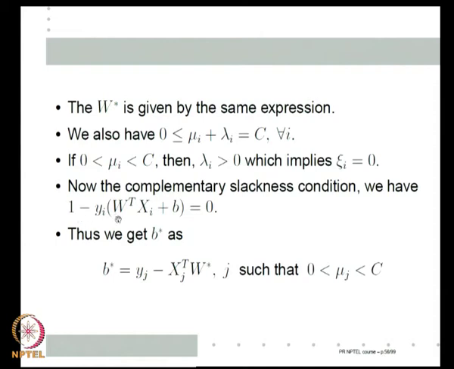Now, with the slack variable formulation, I have to look at those Xj for whom the corresponding Lagrange multipliers are not stuck at either end. They are neither stuck at 0 nor stuck at C. Those mu's correspond to Xj which satisfy this, which means those are the Xj that are closest to the separating hyperplane now. Okay. Apart from that, once again, if I can find W star and B star, I am done. So, once again I can use the dual to find the mu's.